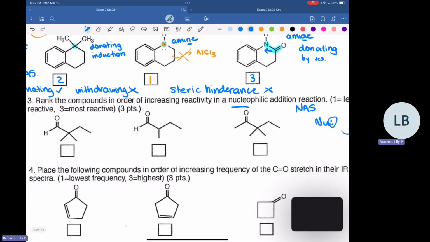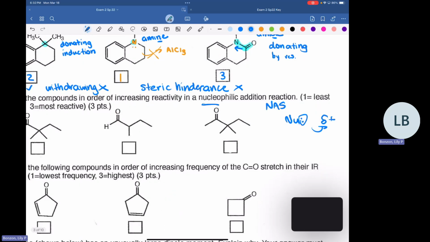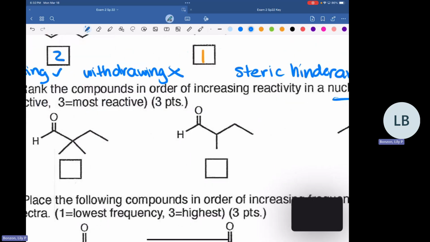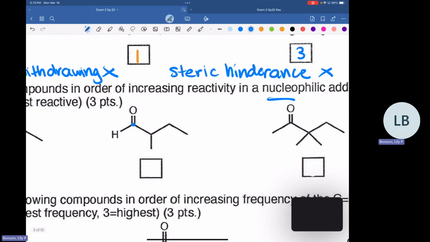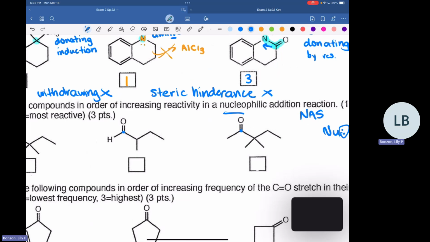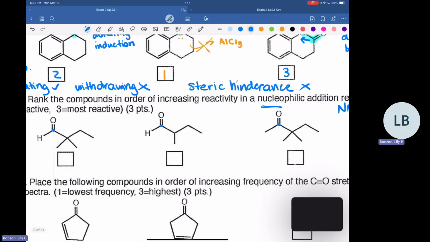So in this question, we're going to be looking at the partial positivity of the atom. Here, our potential atom is going to be this carbonyl carbon, because that oxygen is going to be pulling a lot of that electron density and making that carbon partially positive. Between these, we have a couple of aldehydes and a ketone, and then slightly different substituents on the right. So just remember that aldehydes are going to be more partially positive than ketones.